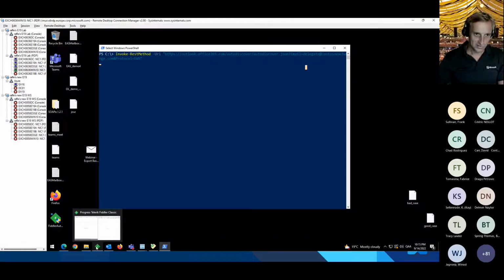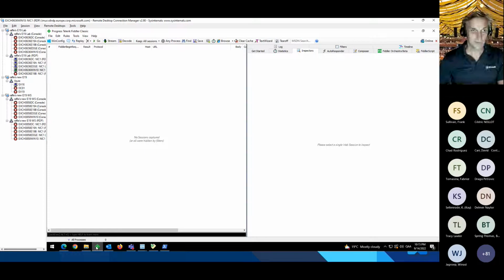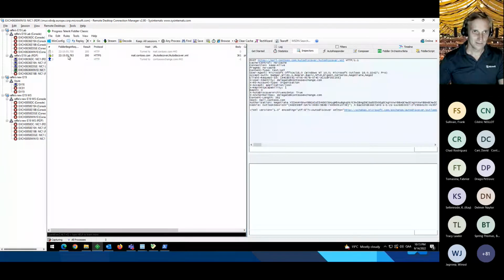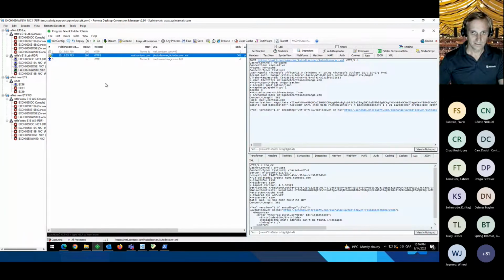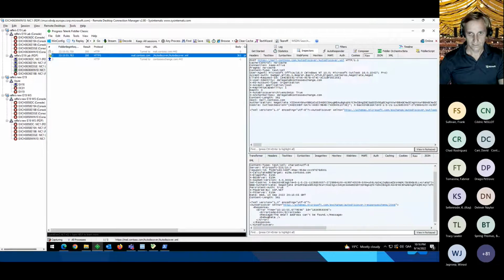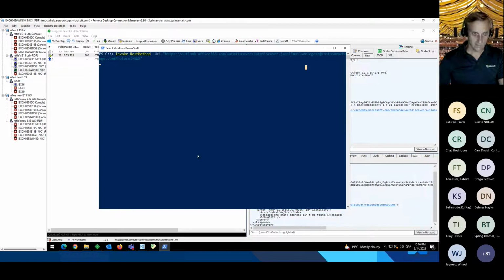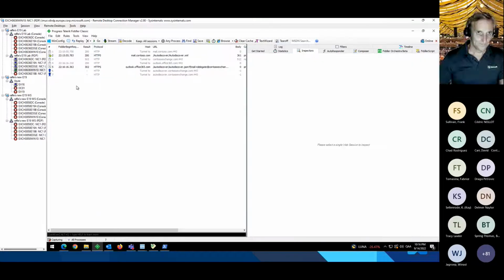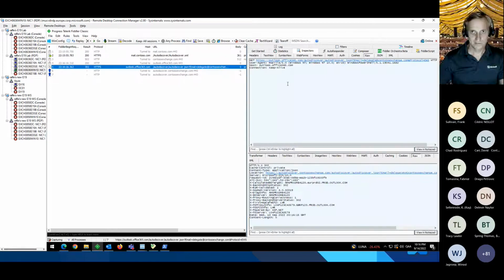If you want to see what's going wrong, you can start Fiddler in the background, start tracing in Fiddler. Let's do this again. Oh, it's still running. Let me run this again. So this was timing out. And in here you can see that